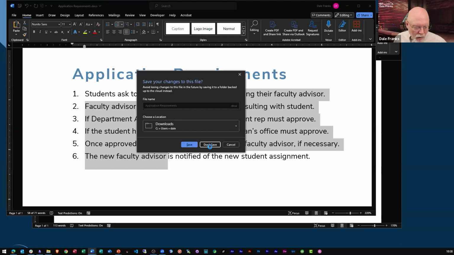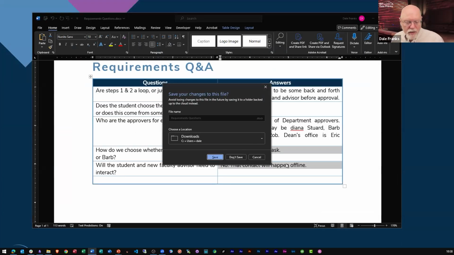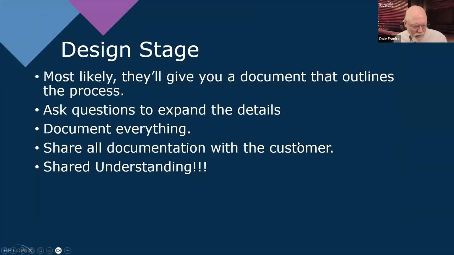Again, my whole purpose in doing this is to build a shared understanding with my customer so that we are both on the same page. Both I and the customer know precisely what it is we're building, and it's on paper. It's documented. Everyone sees it. Everyone approves it, and everyone agrees that this is the application we are going to be building.